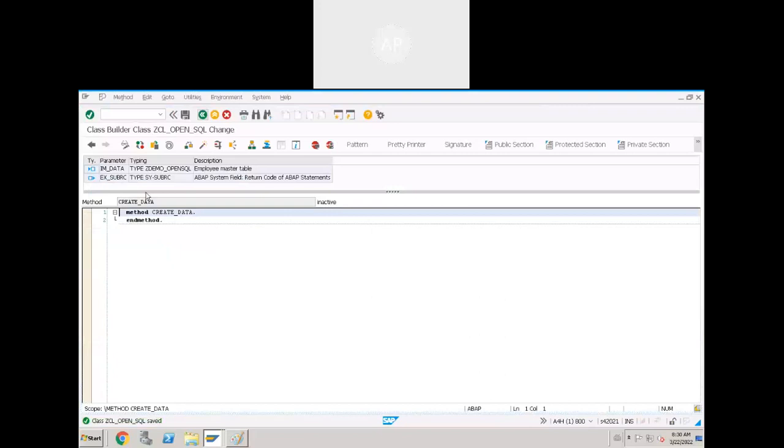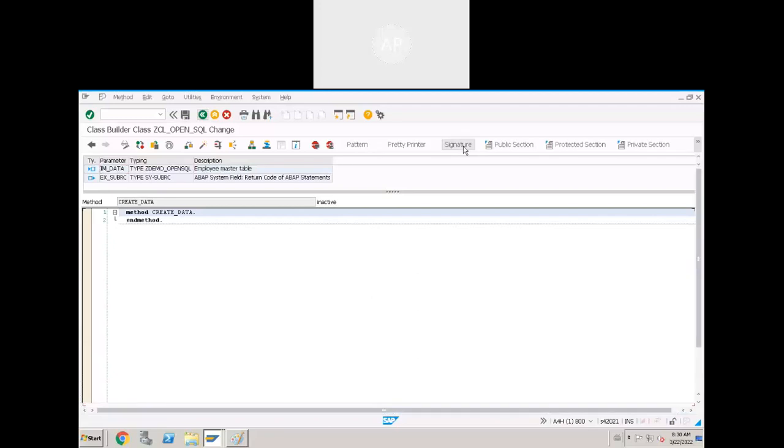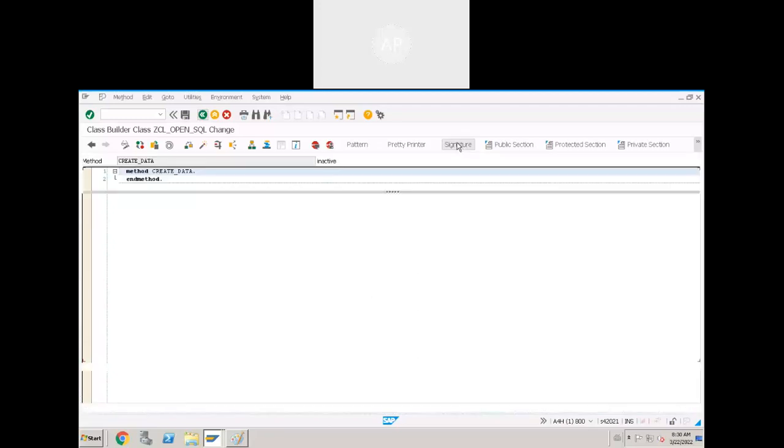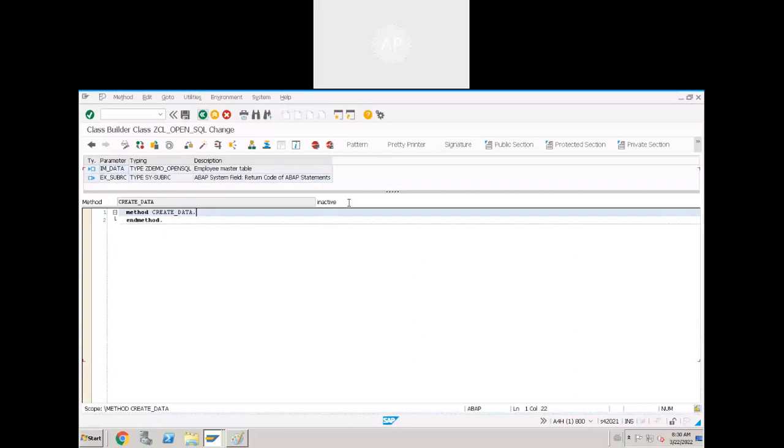So observe the signature here. This is the importing parameter and this is the exporting parameter, right? You can hide the signature by using the signature button. Okay. Now